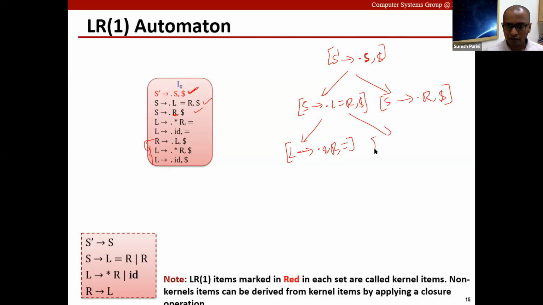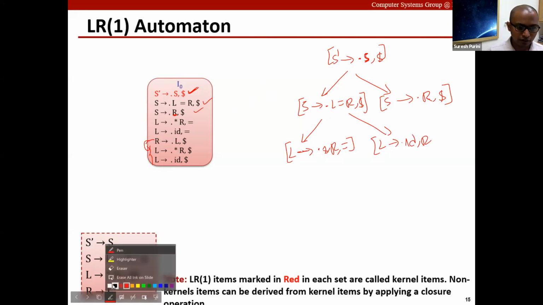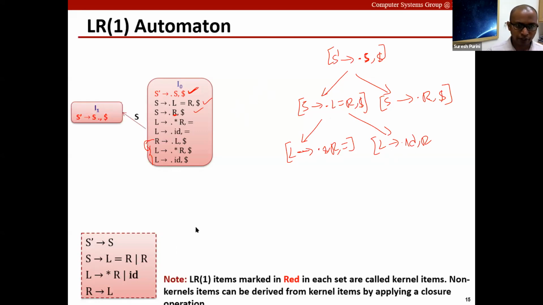L, or from L you can generate an ID followed by... sorry.